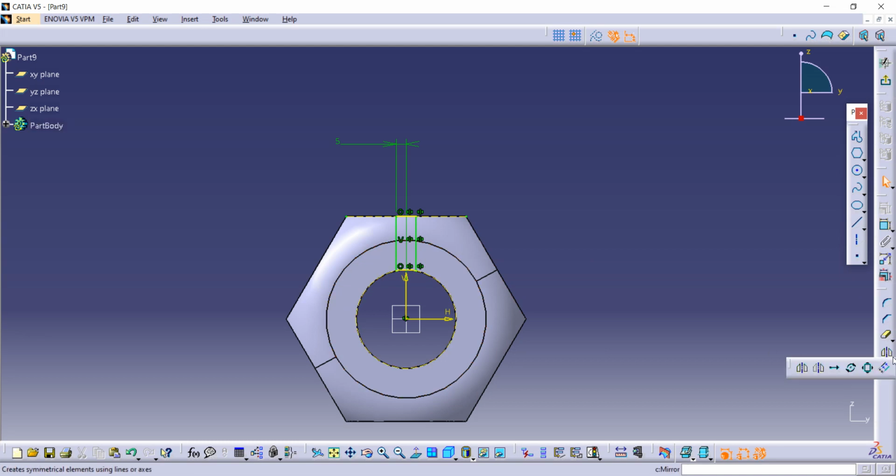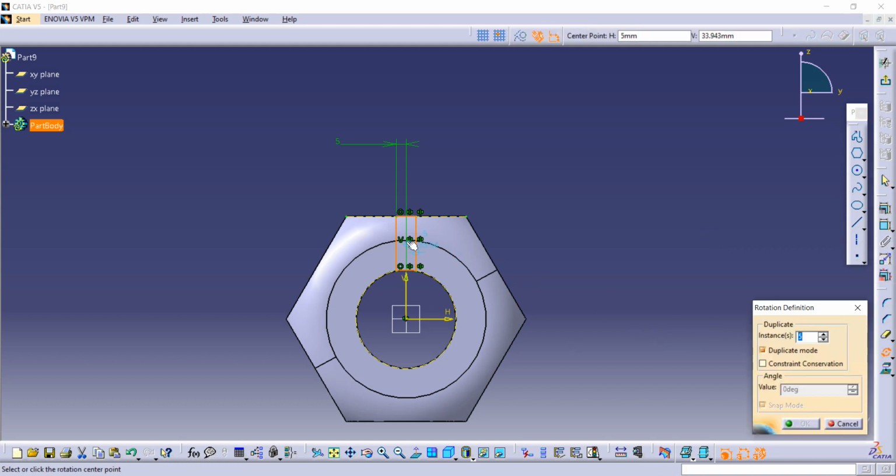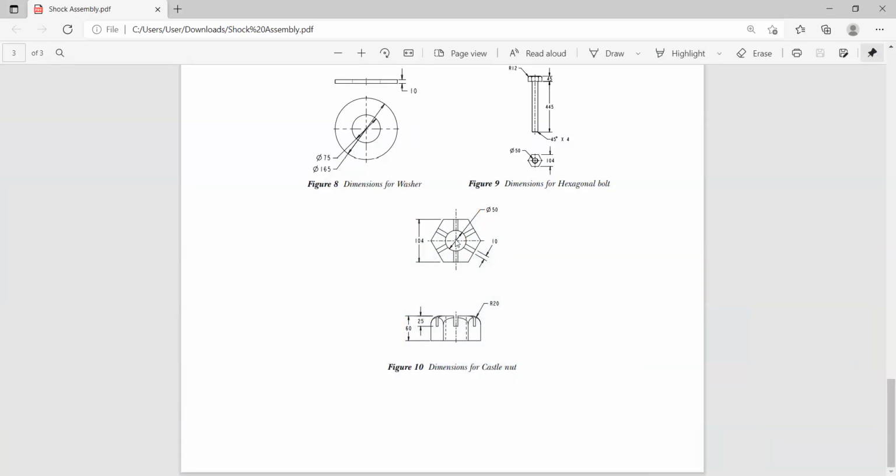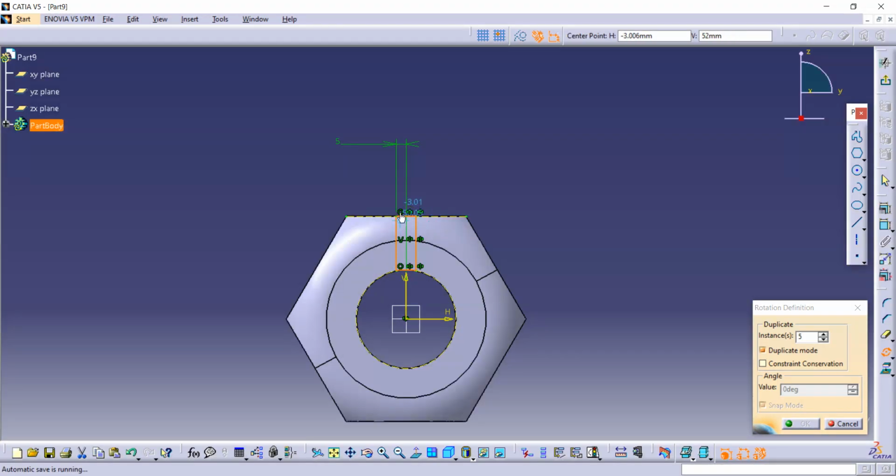After that first we have to go on this command. First select the object which you want to rotate by using control option. Now go here, then go on this rotation command. We are using this duplicate mode, so you can see here first we want 6 rectangles, but we have already created one and using this duplicate mode, so I am writing here as 5.